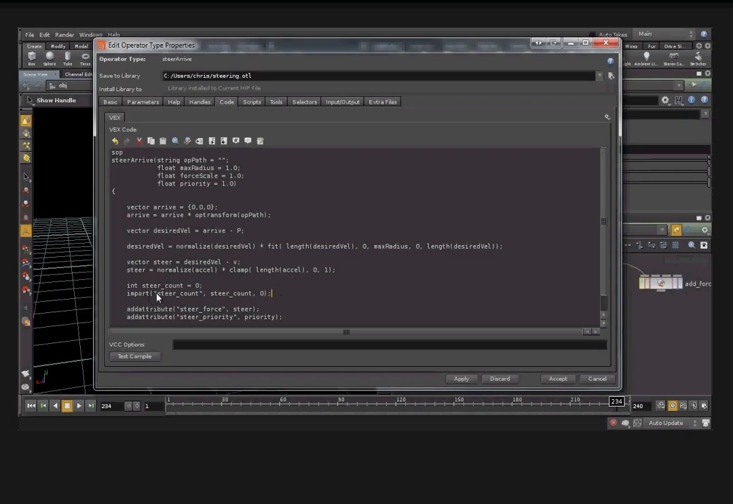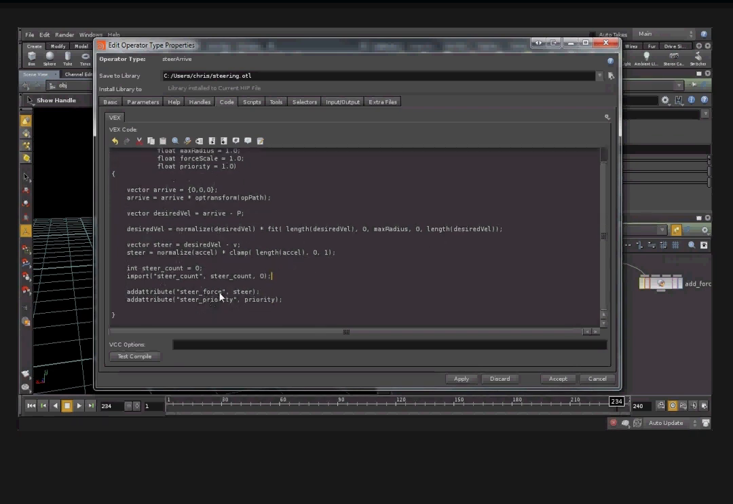Here with the import, we are importing the steer count attribute and writing it into the steer count. We use the first input of our behavior node. Now we want to concatenate this steer counter to our attribute name. This means that we have steer force 0, steer force 1, steer force 2. How can we do this? The vex function provides a function named concat, which is